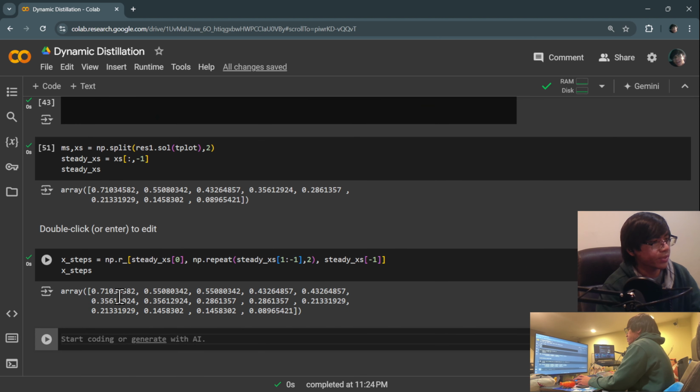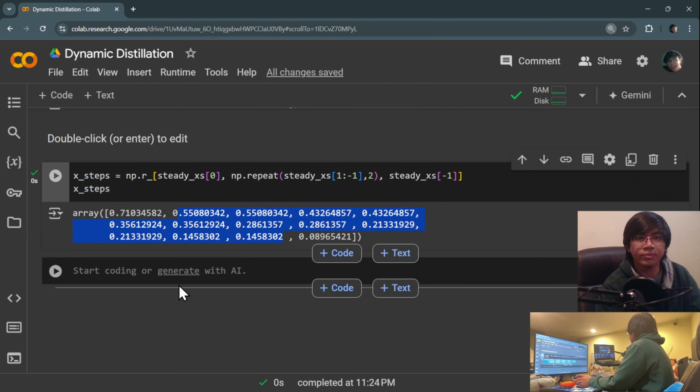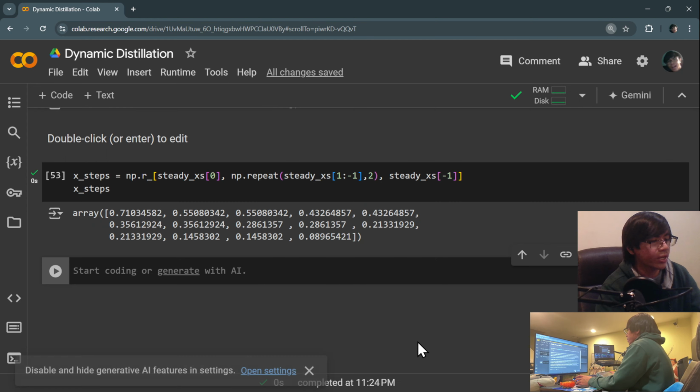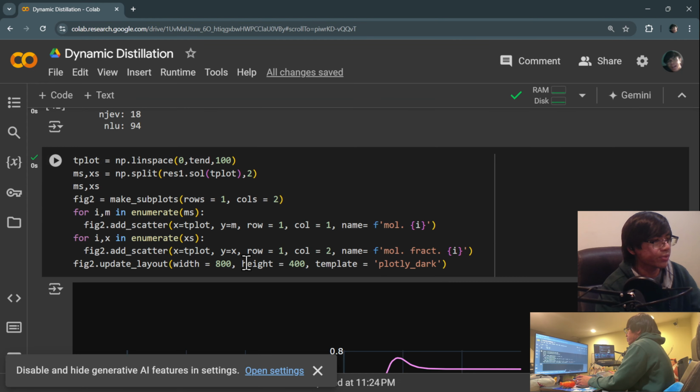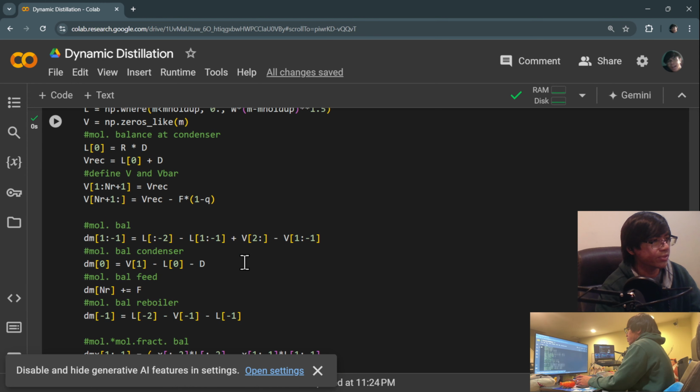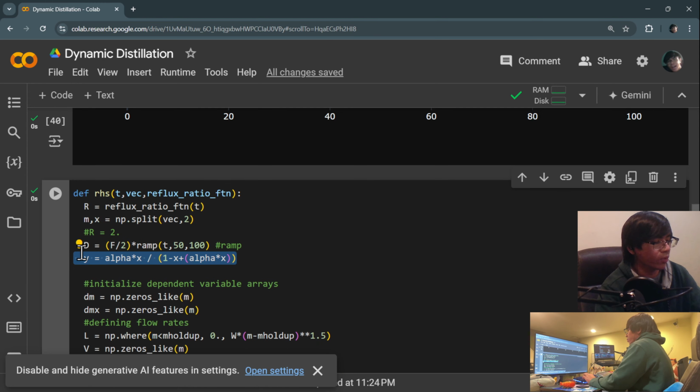So yeah, we have our first value, fine, we didn't duplicate it. Last value, fine, we didn't duplicate it. And then notice our in-between values, 1 to -1, are duplicated, which is exactly what we want. Okay. Moving on, remember we said we were going to use our expression for constant volatility relating the liquid mole